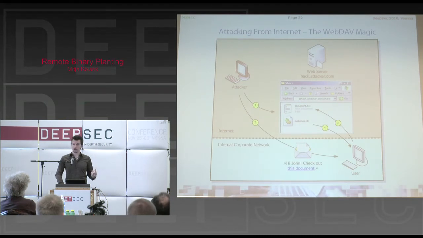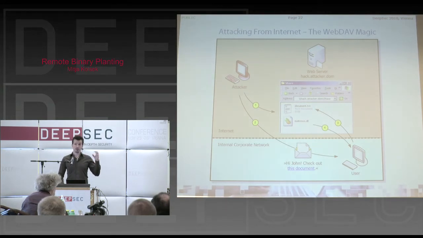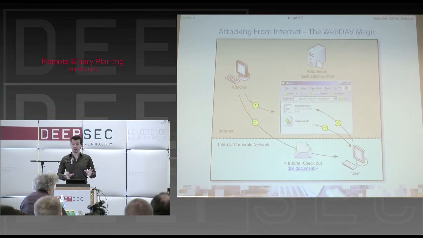And why does it work? Because Windows workstations have by default a very special service running, which is called Web Client. Well, if you haven't heard about it, never mind, because you're probably never using it. But what it does is a little magic. It helps you. If you try to access a remote share and the SMB protocol doesn't reach that share, it tries with WebDAV automatically. It doesn't ask you anything. So the only thing you see is a slight delay, if you see that.